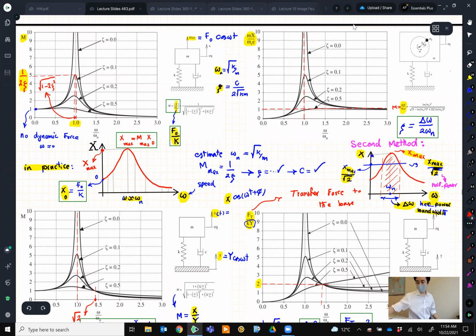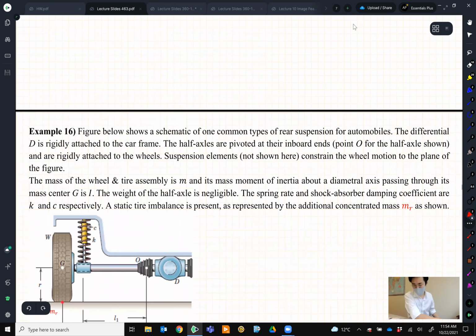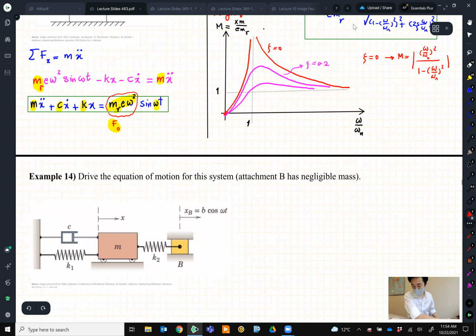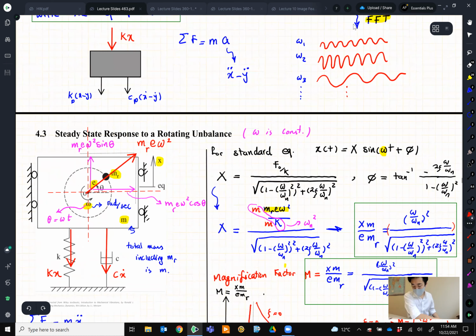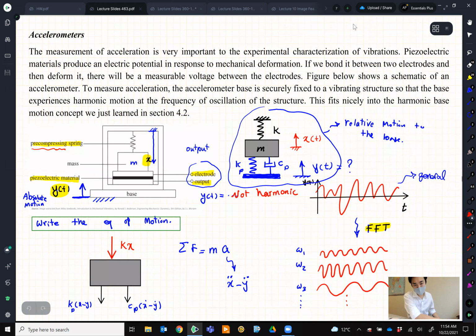So I want to ask you something about the accelerometer question, and the free body diagram. Why is the top spring force named as kx and not kx minus y? Well,